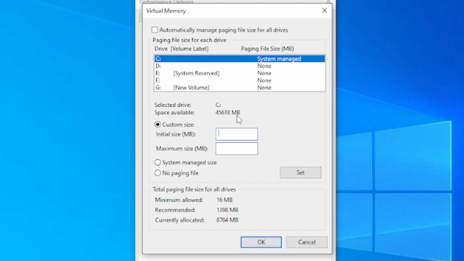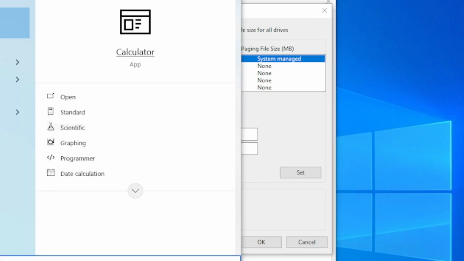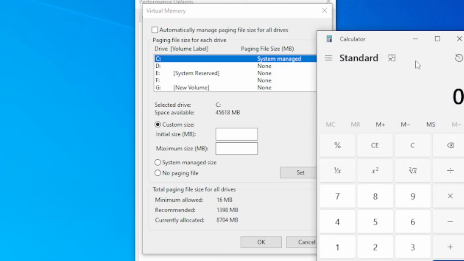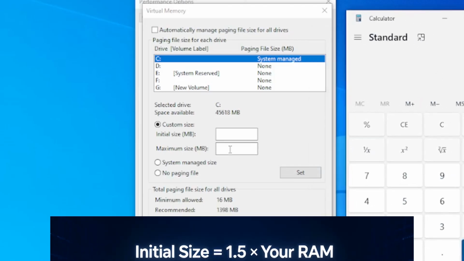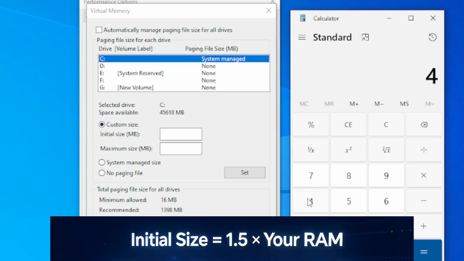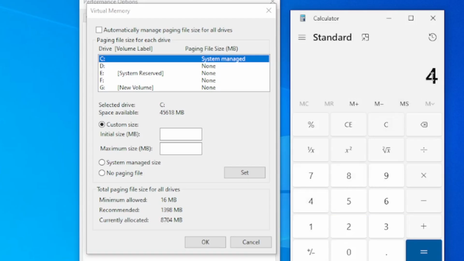Let's see it. For that, I'm opening a quick calculator. So here is my calculator. First you have to convert your RAM size into MB and multiply it by 1.5 for the initial size. So let's do it. My RAM size is 4 GB, so first I have to convert it into MB. So 4 into 1024. Then I have to multiply it by 1.5 for my initial size. Here my initial size is